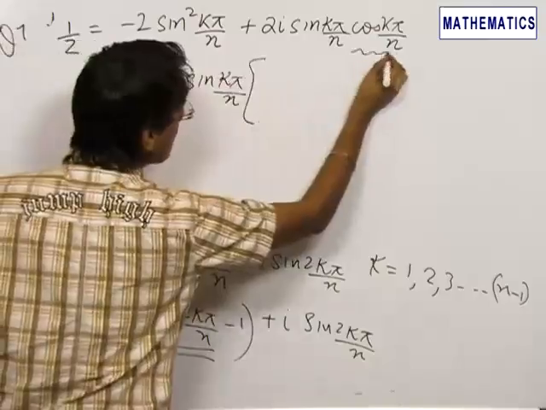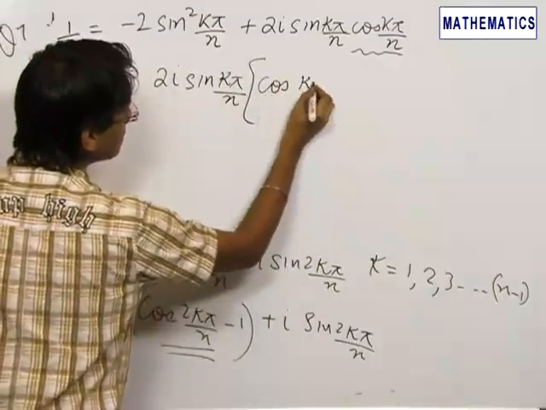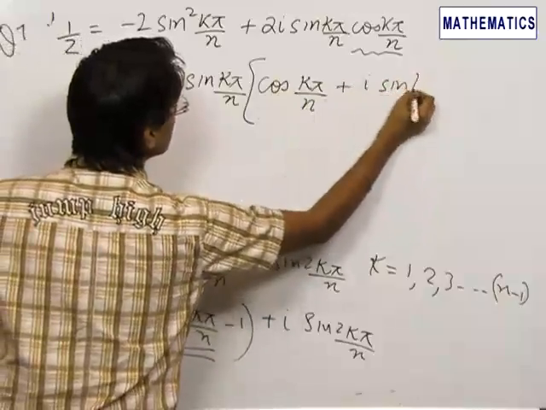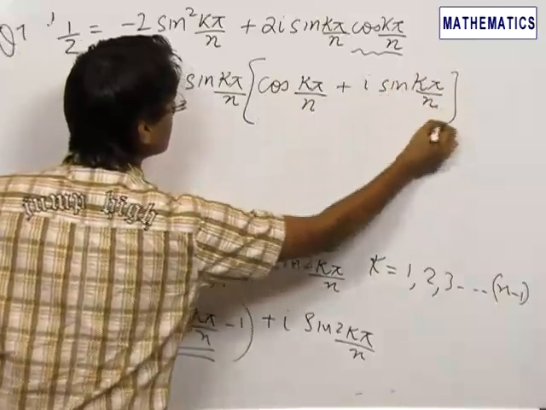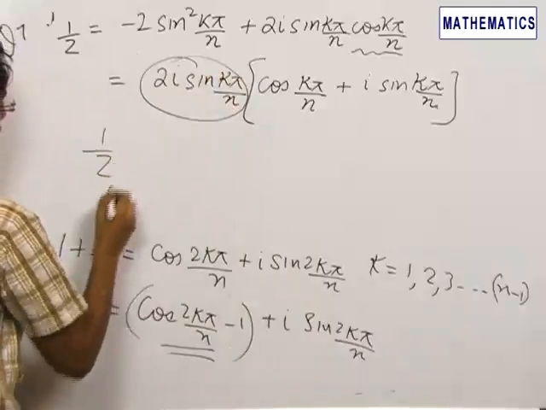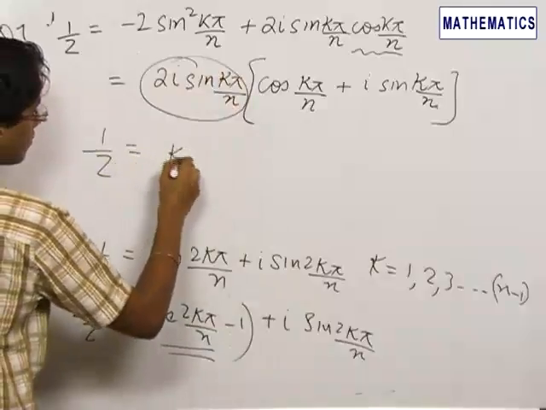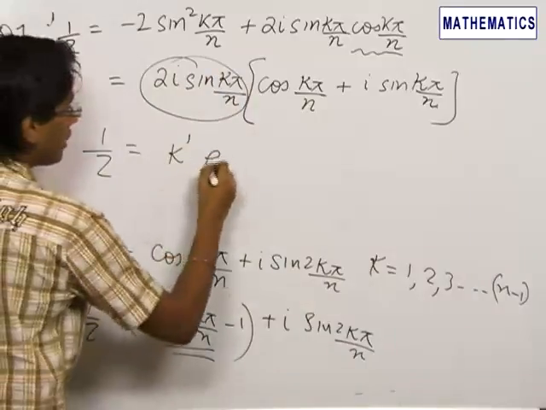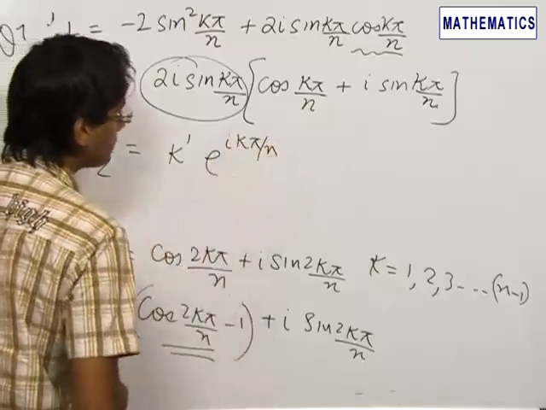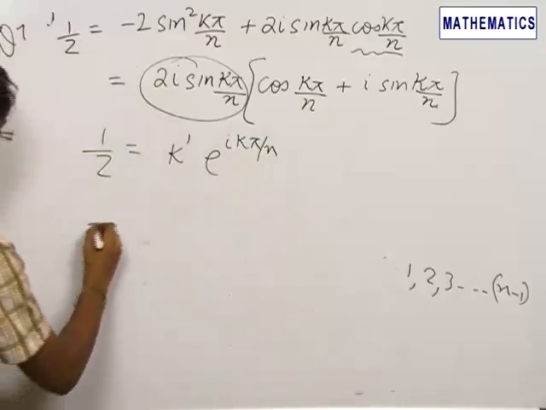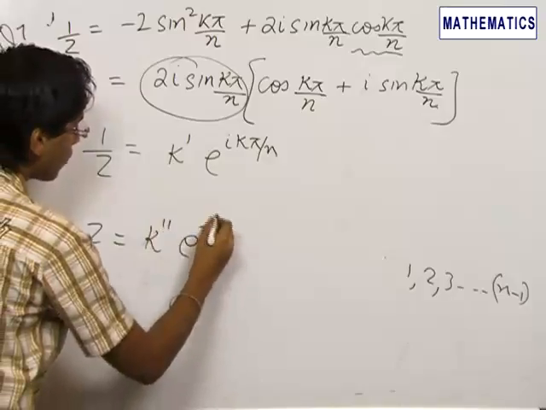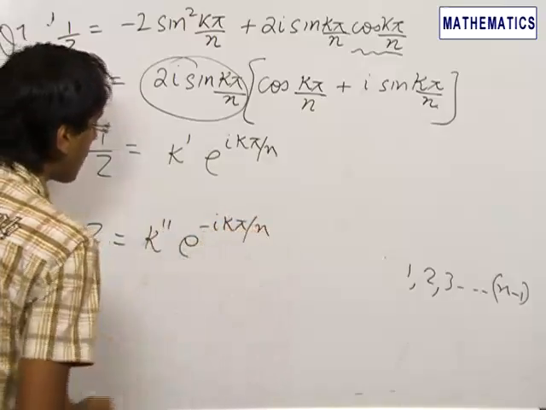We try to make the cos(kπ/n) term as the real term. So this becomes cos(kπ/n) plus i sin(kπ/n), and the rest is an entire constant thing. So we can write it as 1/z equal to some constant k' into e^(iπk/n). So z can be written as a constant k'' into e^(-iπk/n),